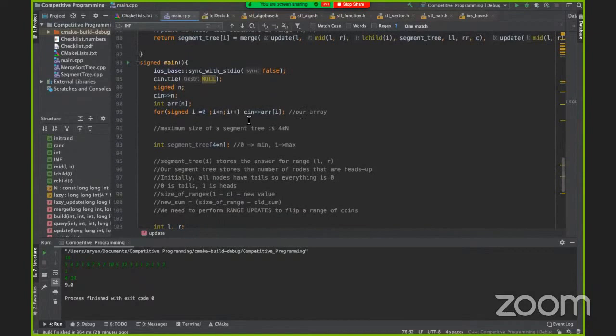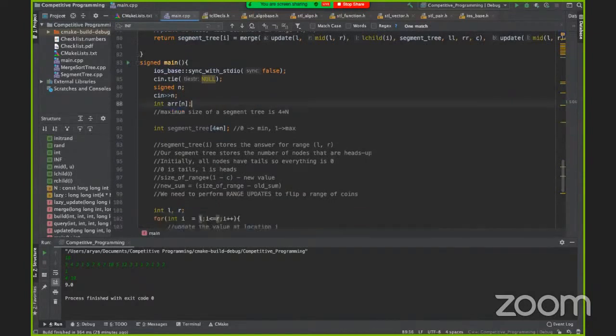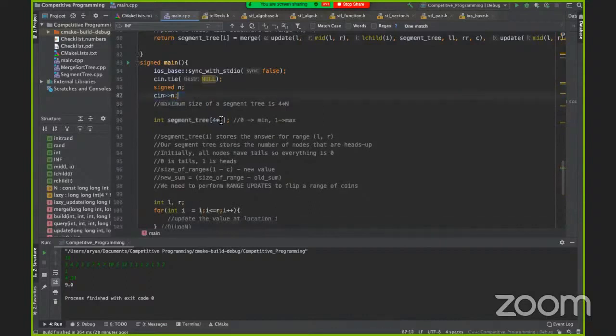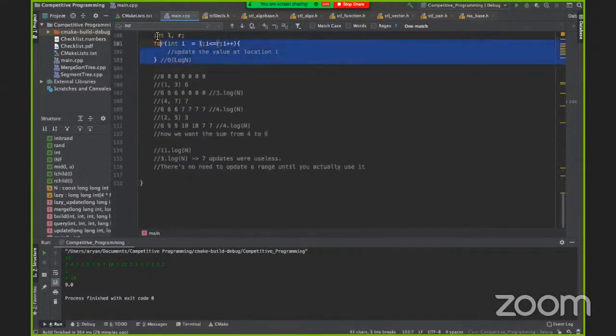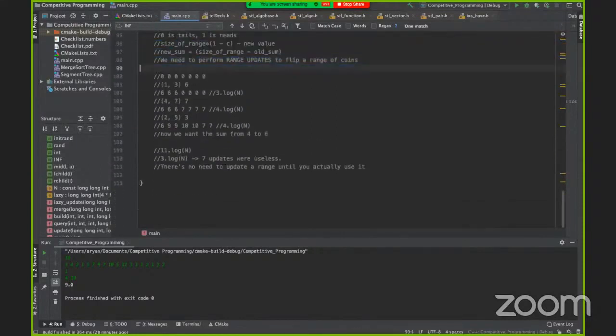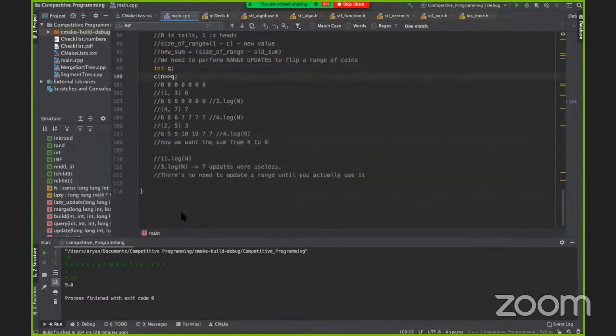Let me just test this out and I'll look at the chat in a second. We don't need an array. I'll say 4 into n plus 5 because it's one-based indexing, so I'm just leaving some room for myself. Let's handle the queries. Let's input the number of queries.